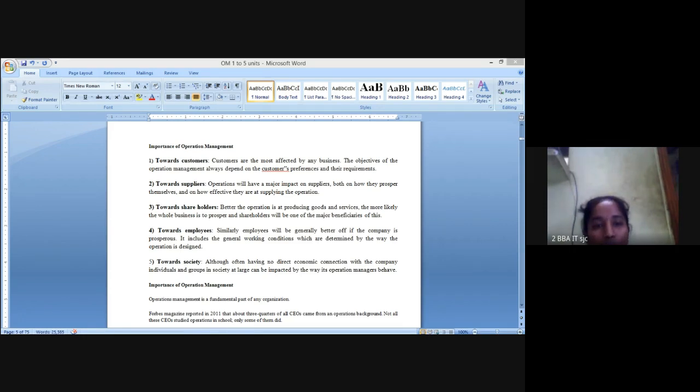Example, any product. If a customer purchased any product and they're satisfied, that will easily be spread. Nowadays, social media is very fast, and messages and information pass through social media within a night or within a day. That's why for operations management, when all the operations are performed perfectly while manufacturing the product, then only they will get positive feedback, then only they will receive a positive response from the customers.